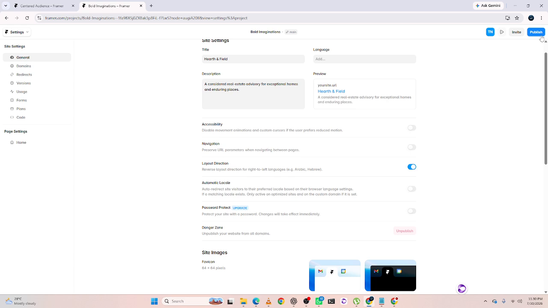And that's how to optimize a Framer website in 2026. By improving performance, SEO, responsiveness, and overall usability, you can create a faster website that provides a better